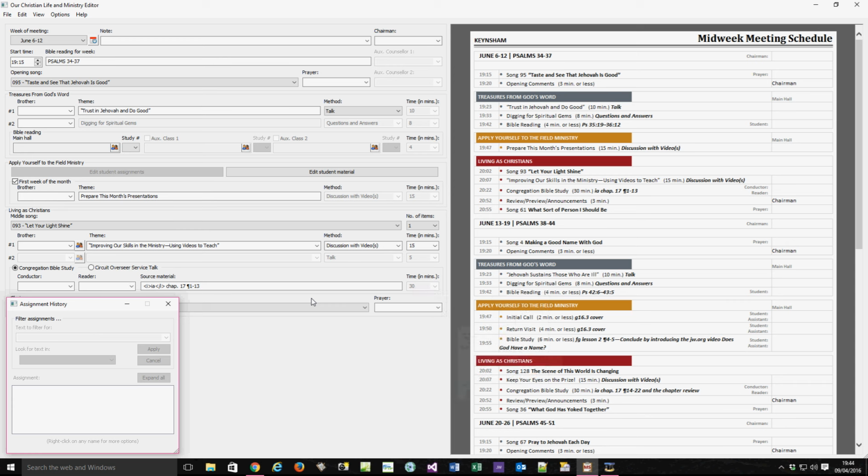Dear brothers, I'm just going to try and show you how you can hide information that you don't want to see on your S-140 schedule. For example, let's say you don't want to see the song titles on your schedules. What you need to do is